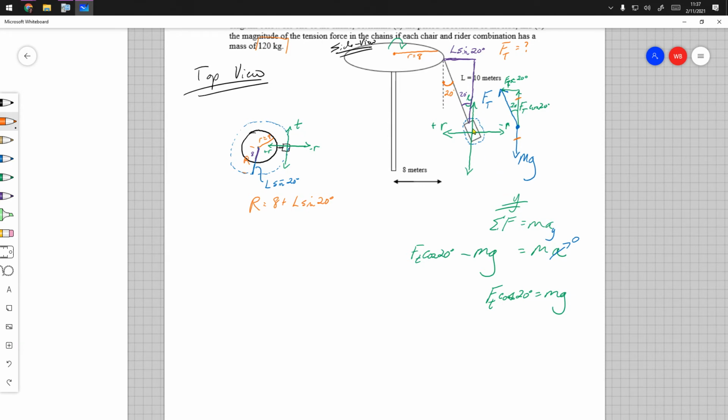Then I go, okay, well, what's causing it to go in a circle? I know that it must be accelerating to the left-hand side. How do I know it's accelerating to the left in this picture? Well, that's centripetal, that's radially inwards there. And anytime I'm going in a circular path there, I know that I must be accelerating because I'm changing my